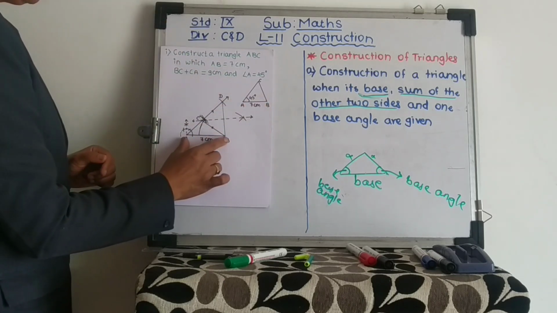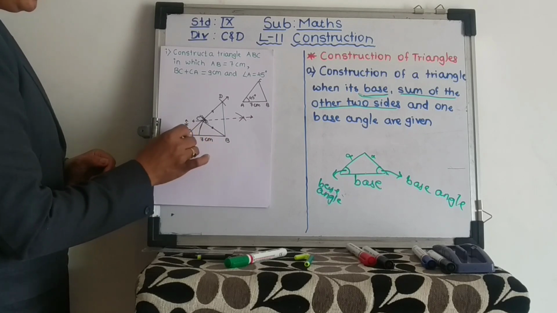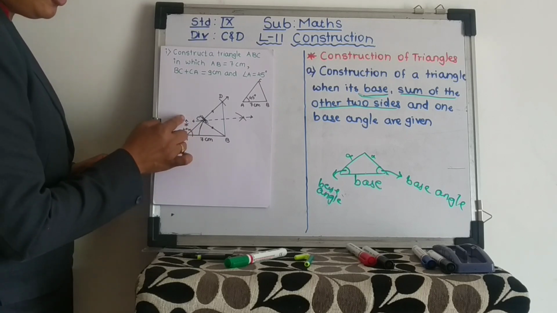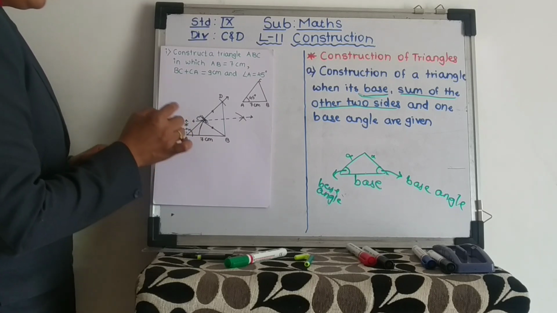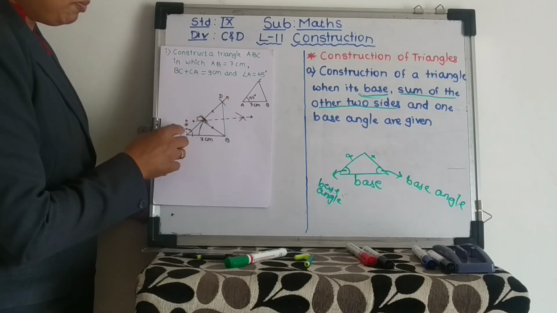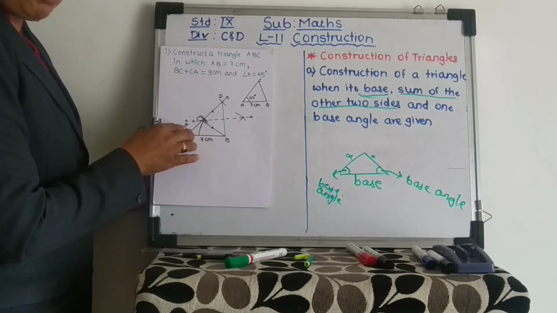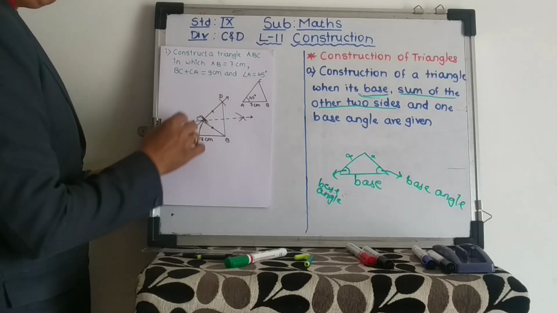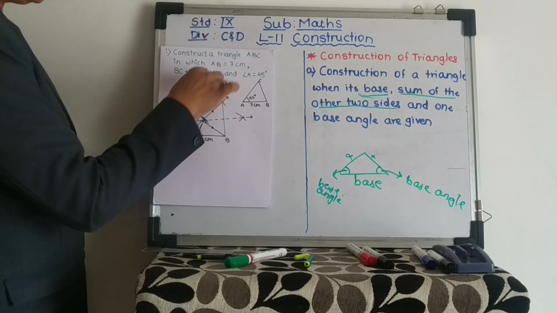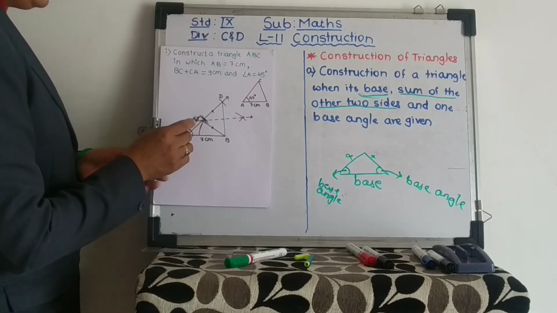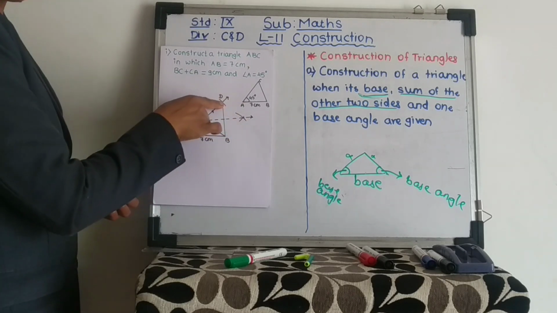The addition is already given, 9 centimeter. So 7 centimeter first we will draw. After that we will draw a 90 degree angle. The 90 degree angle line I have shown smaller because it is not a part of that triangle construction. It will be helpful only to draw the 45 degree angle. That's why we construct the 45 degree angle. Now we have taken 9 centimeter distance in the compass. So put your metal point on A and mark 9 centimeter.